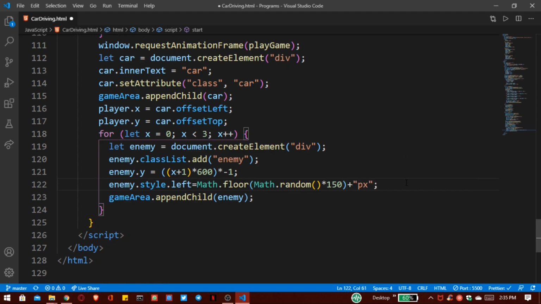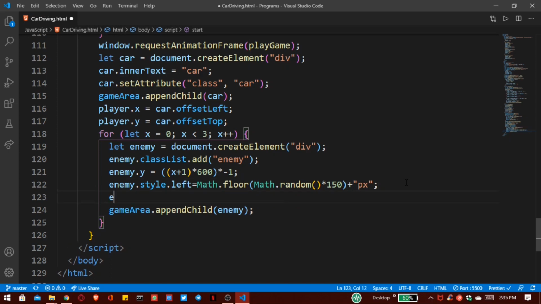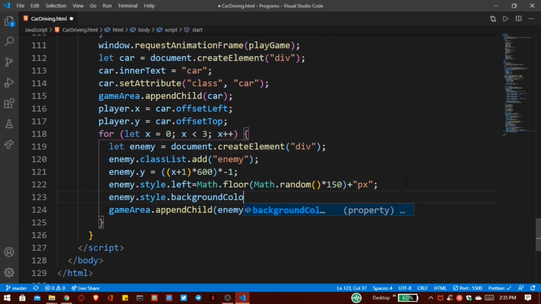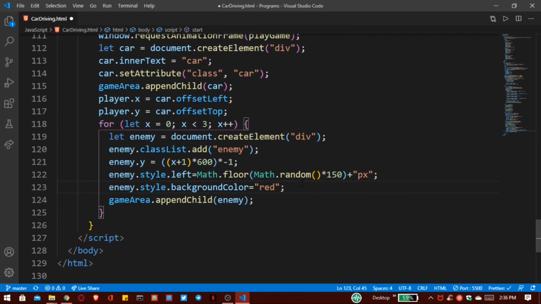Then we have to change the color of our car, that is red. Enemy.style.backgroundColor, that is red. Remember, we assign all of the properties of our car and enemy the same, instead of this color.